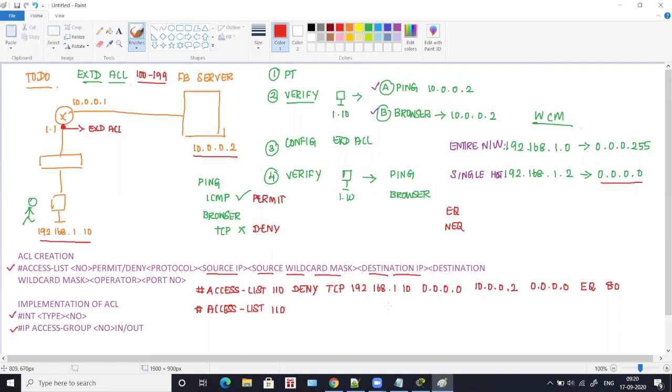and you don't have to give source IP, destination IP, and all that. Just you will give any, which means from this network any computer can ping 10.0.0.2, and obviously they're going to get a reply. So you don't have to specifically type source IP, destination IP, operator, and all that. Just give any so that it is going to allow everyone. Okay. So what we have done is we have denied TCP and we have permitted ICMP. So now we have created two access lists, one for denying and one for permitting.